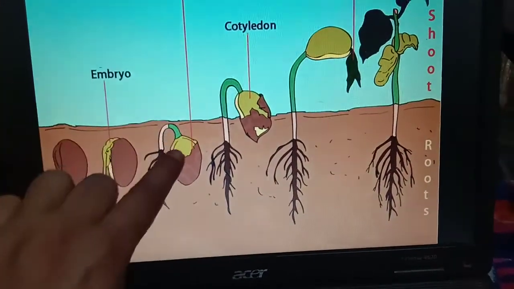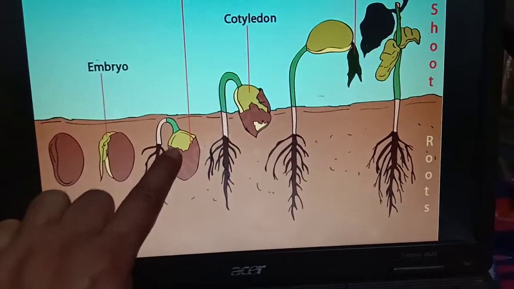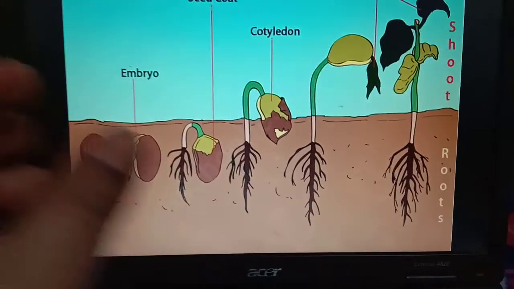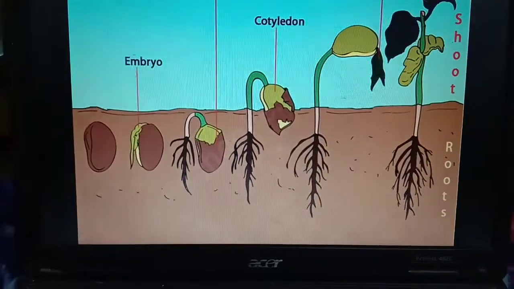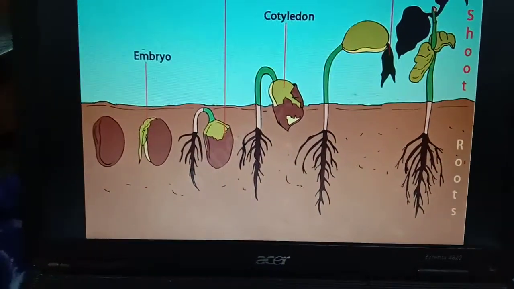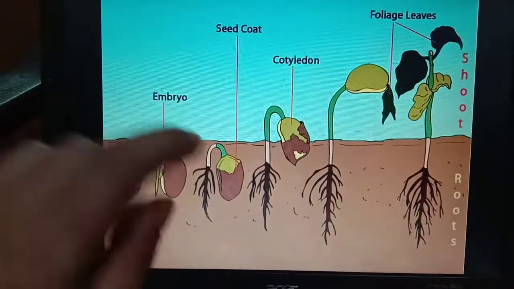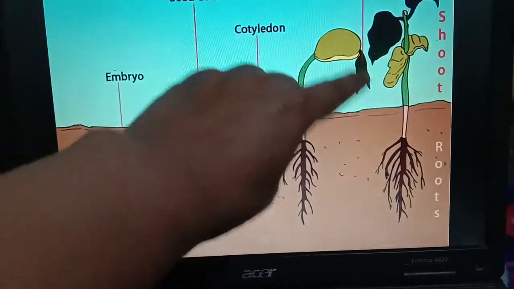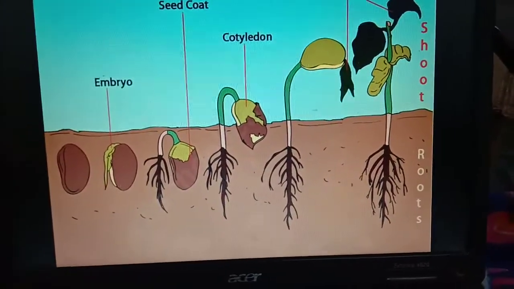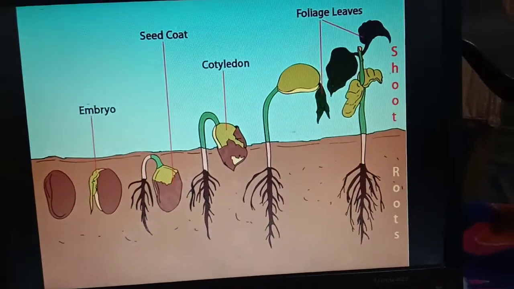Can you see this? This one is the cotyledon, from where the growing plant gets food. This is the food factory of this growing plant or seed. Then slowly small leaves grow from this seedling.